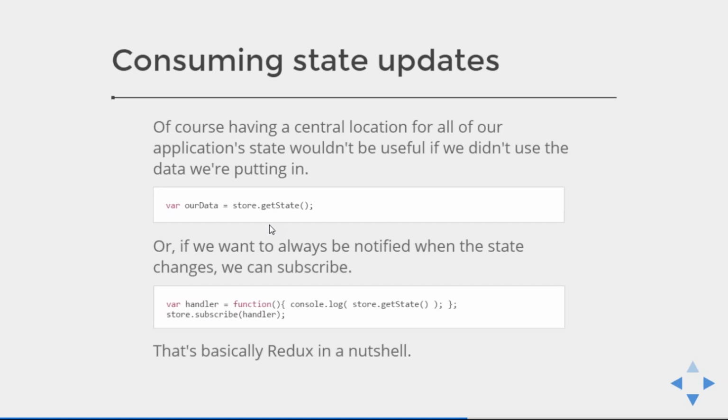Another thing is subscribe. You subscribe with a callback, so that whenever a state change happens, this callback will always get executed and you will always get the updated state. So these 3 methods you can apply onto the store, and you just dispatch some action onto the store object. It will go to the reducer, update the state, and since you are already subscribed, you will be able to get the output. What is the current state of your Redux?